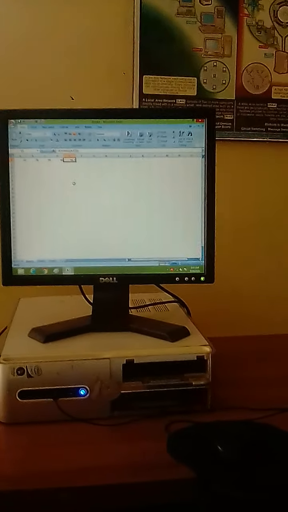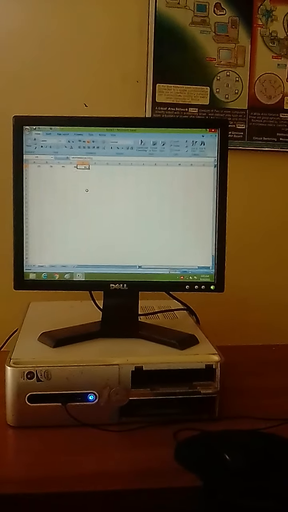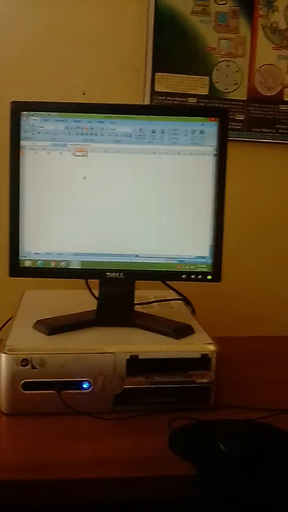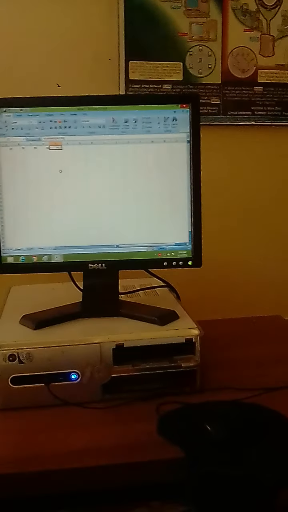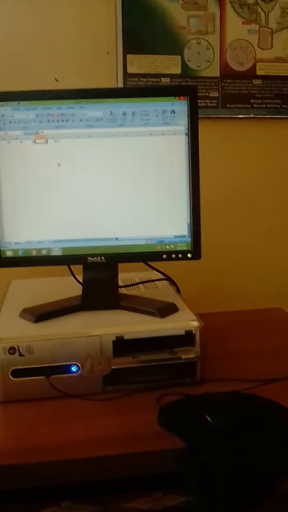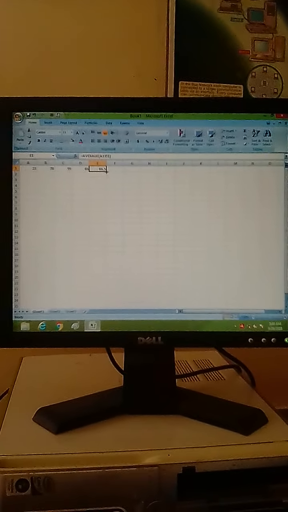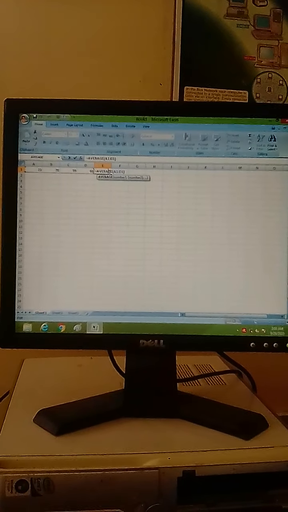Okay, dear students. So, dear students, your practical based on Microsoft Excel ends here, and your homework is to find out the average from A1 to D1 of these values.